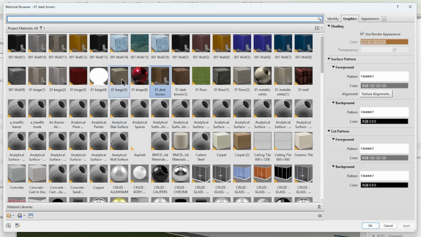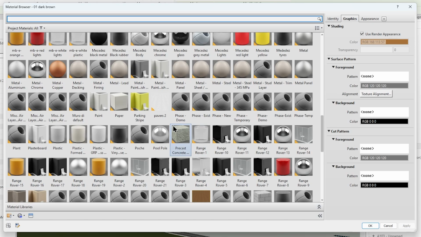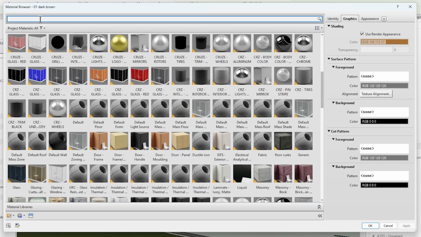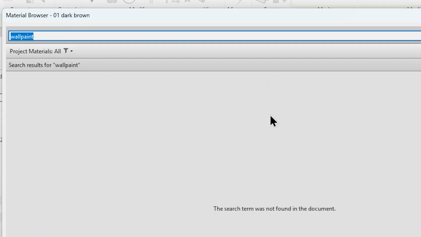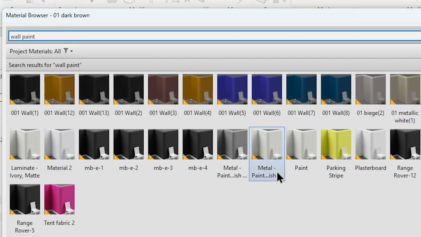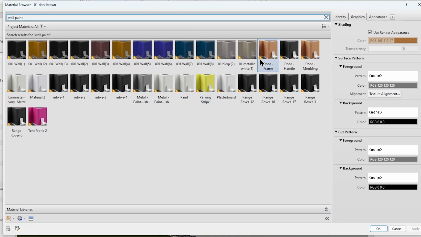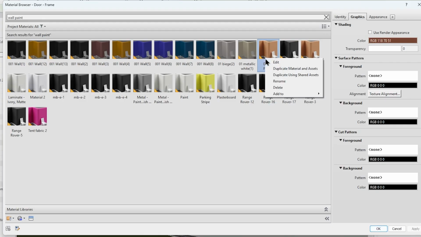In this material browser, you can now select what kind of material you want. You can also search. Let's say you want wall paint, you can search for wall paint. Let me space it out. You'll see all the wall paint there, and then you can select and then just click on OK to apply. But if you wanted to duplicate and create your own, you can right click, Duplicate Material